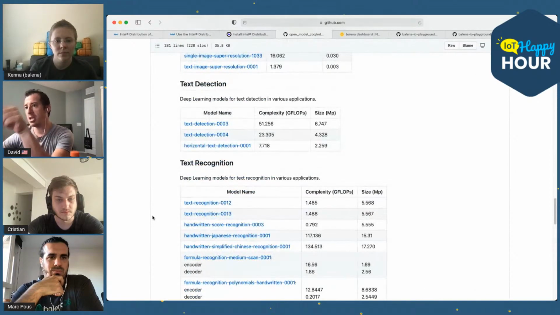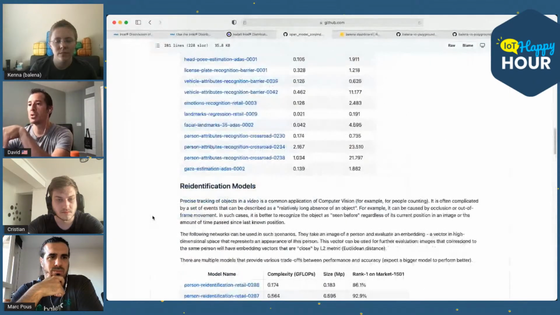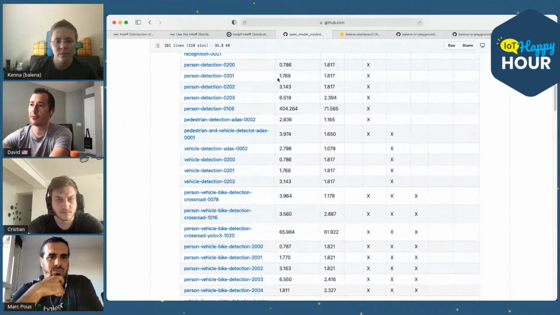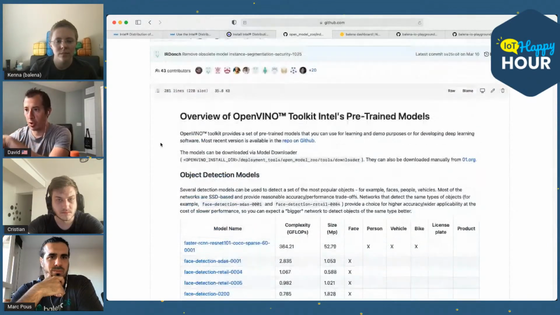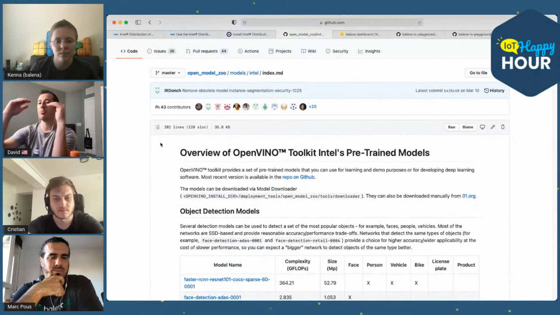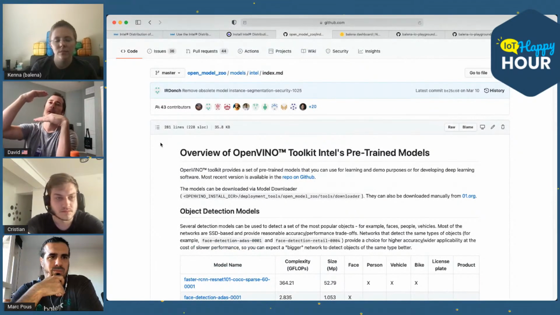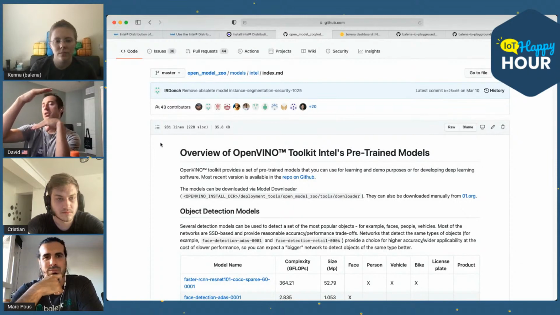Now, the model itself can be swapped in and out from the sample application. So we have to think about it in two different pieces. There is a sample application, which in the terminology we'll go to next is the demo, and the model.